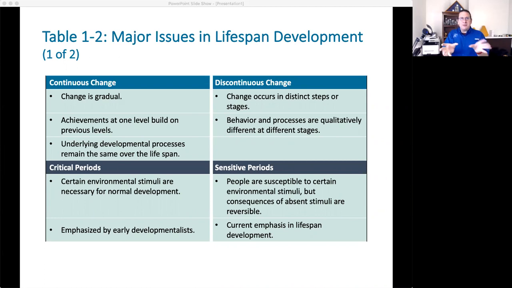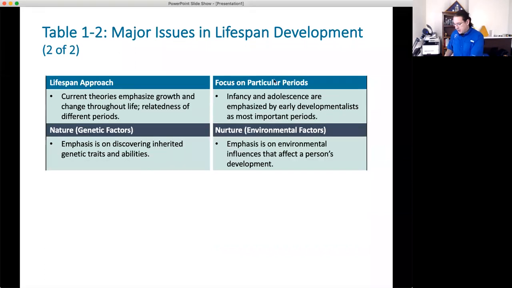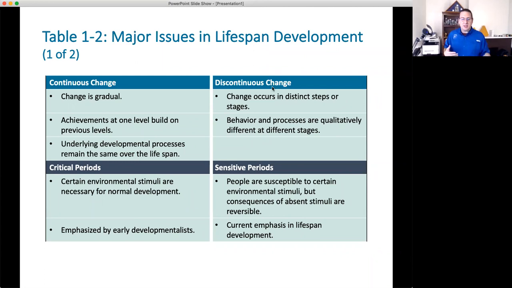And that is one of the criticisms of developmental psychology: which is it? Can we say that these occur in steps, or can we say this just gradually changes? They may start walking first and then socialize, or maybe they're crawling around and socializing. But just because one stage has been met doesn't mean that they have evolved to another stage. So discontinuous talks about how it occurs in steps, whereas continuous has achievements built gradually, based on previous levels.